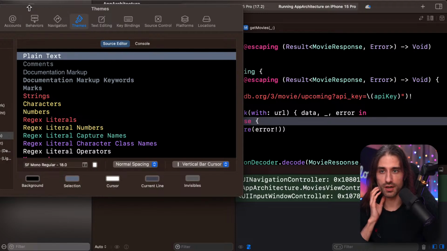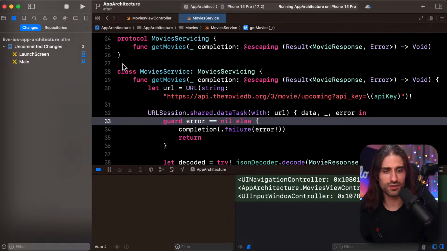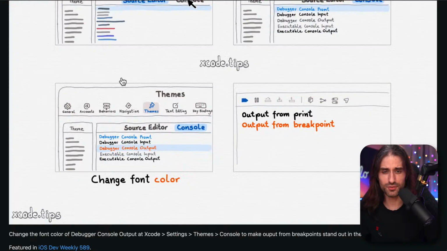By the way, if you were wondering which theme I use, it's Presentation Dark, which is one of the built-in themes, for all of my content. I think I've just changed the background. It's not pure black by default. I've put it to pure black because I think it looks better on video, especially since iPhones have OLED screens, and iPads also have screens with very good contrast. Most Apple devices have very good contrast, so having a pure black background is better, I feel. This is the only change I've made. Besides that, I have the native Presentation Dark theme. Let's go back to the list of tips.